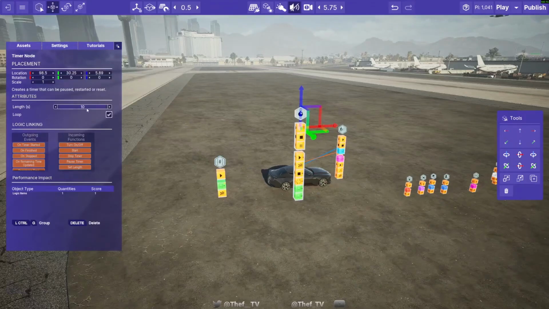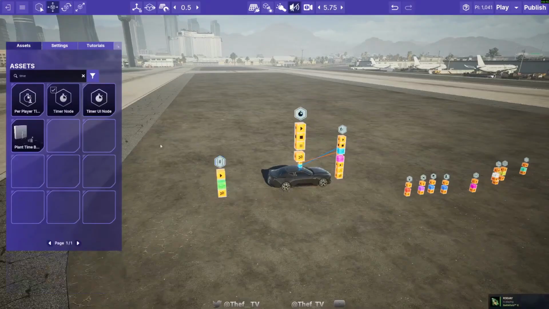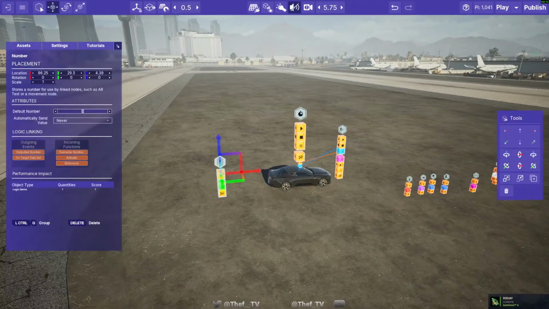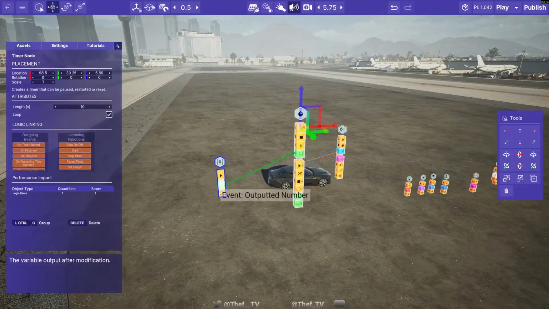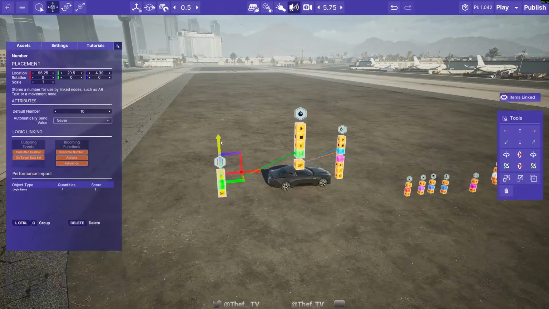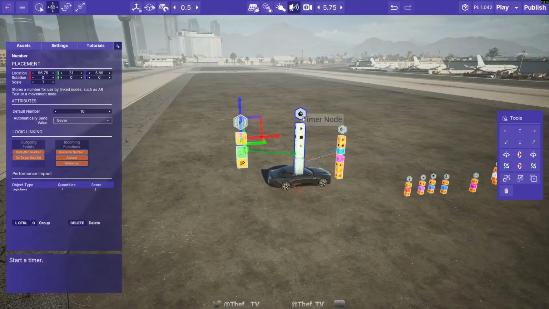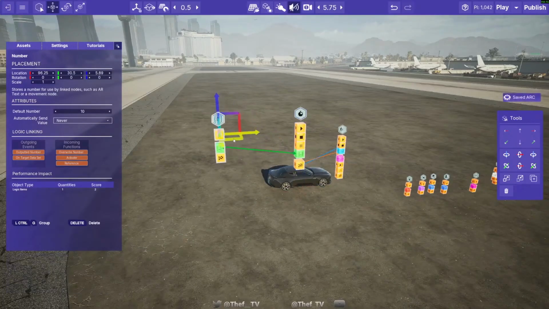I can go put the 10 seconds right in the timer, or I can also store that 10 seconds in a number and feed it into a timer. So if I need to use this number somewhere else,